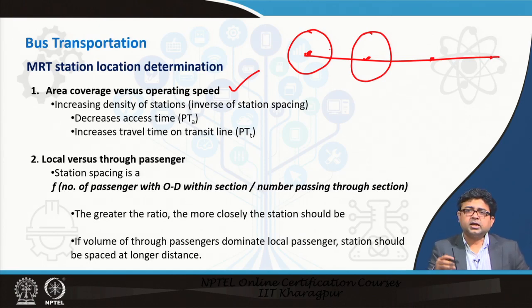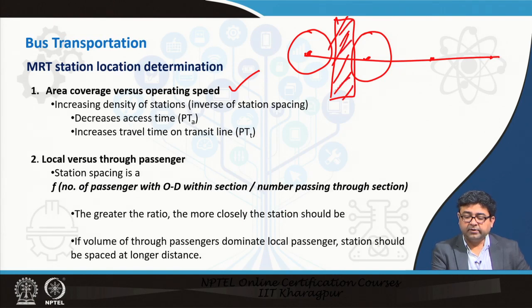The area coverage depends upon how dense the population is, whether you have enough street network there, whether you have enough feeder routes. All of those determine the coverage area of a transit line. In this case, this much of an area is getting neglected. So, if any of you live here or have offices there, you are not well catered to access either of these two stations, because it will be too far away from you. Hence you would not get on the public transportation line, and then you may just take your own private transportation. So, that is the area coverage determination.